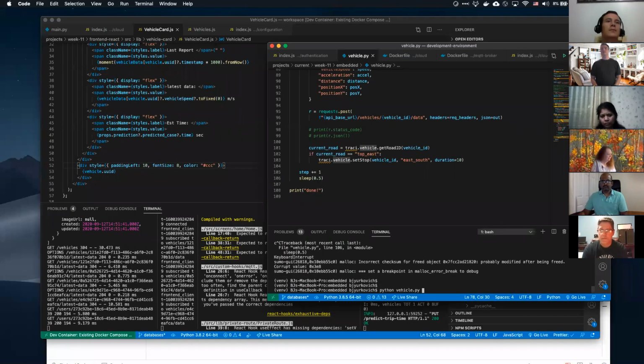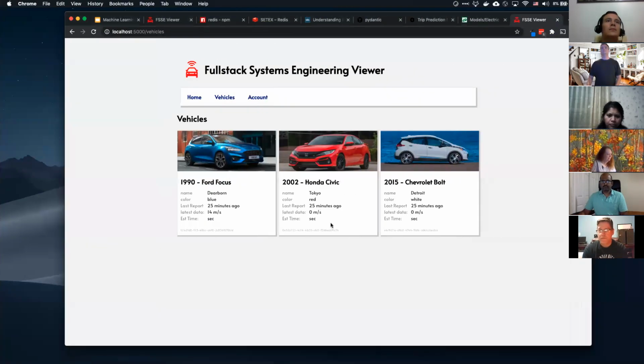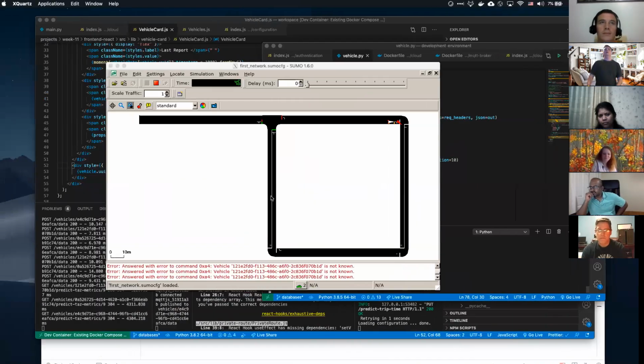Well, the reason it doesn't have anything is because it's too old. There it is. There's our prediction, 53 seconds. And as soon as this thing comes on, we should see that, right? Because that vehicle. Pretty freaking cool. Now they're all going to be the same prediction, right? Because they're all on the same network, like basically no traffic. So I'll leave it to you guys to play with that, to try to get different things, inject some traffic, stuff like that. It'd be kind of cool.